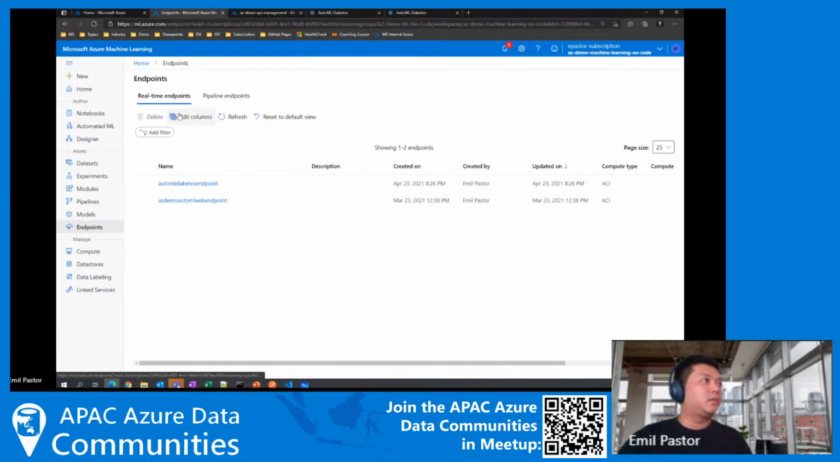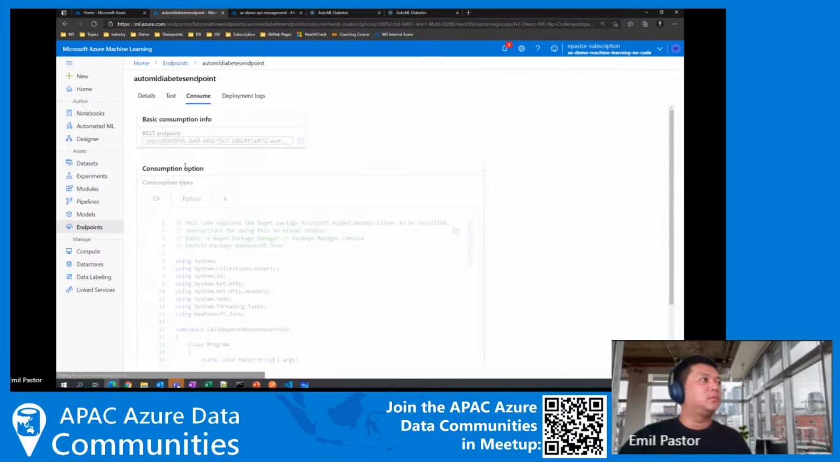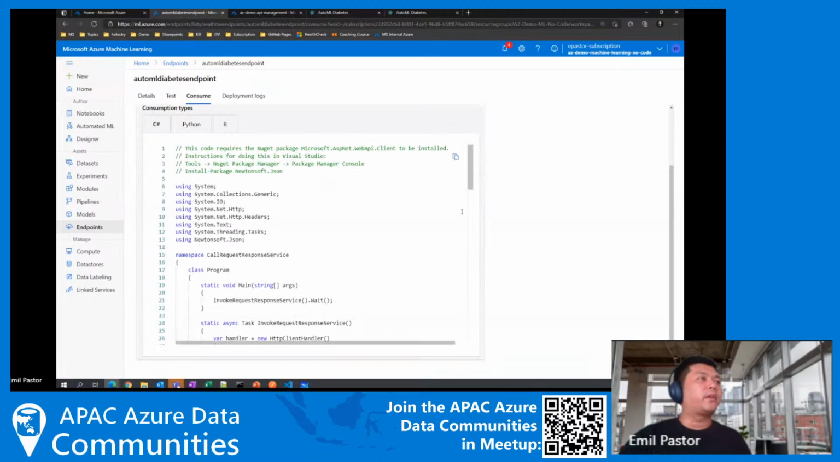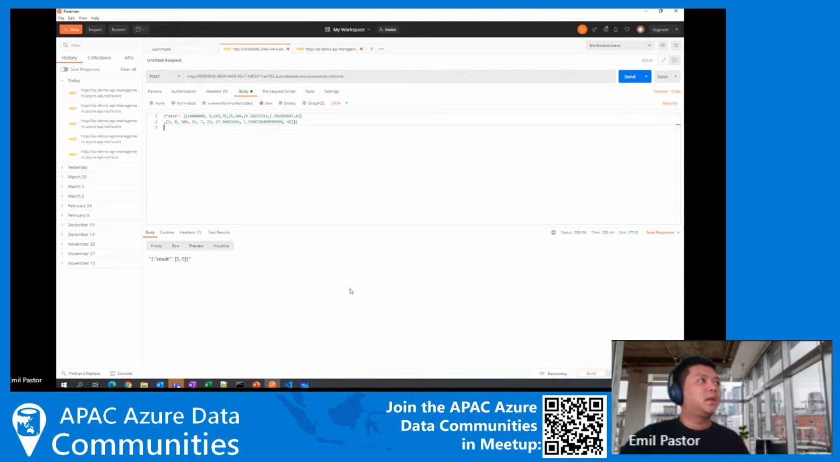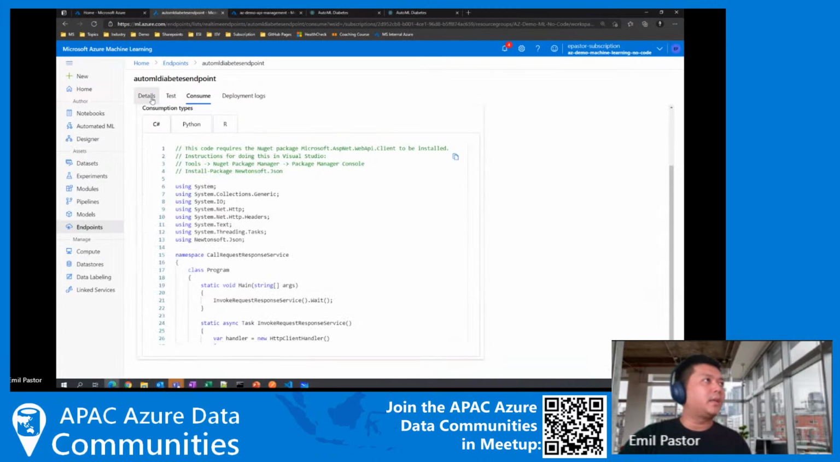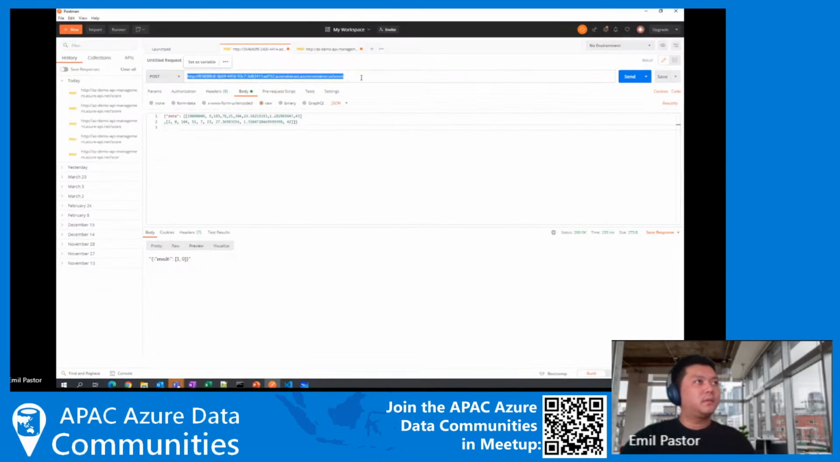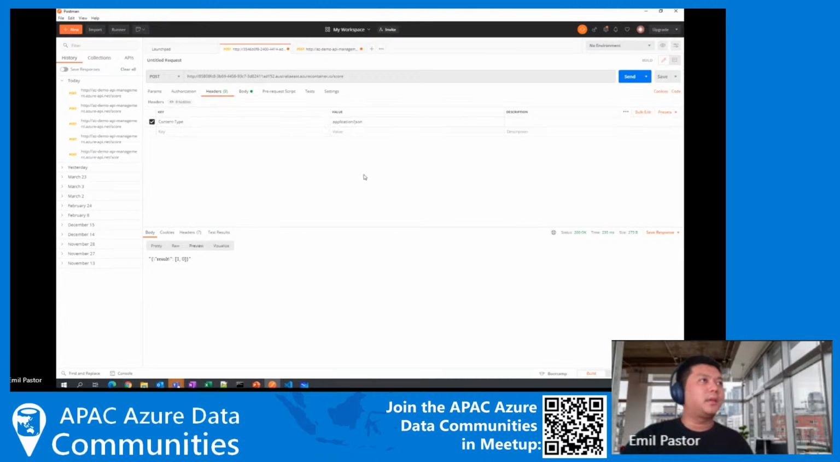But there are also other alternatives, so you can consume it via C# or even via R, depending on where you want to build your application. Or if you're familiar with Postman, this is where you submit, get, post a RESTful request to an API. You can also use that to trial this API. So you just copy the REST endpoint, paste it here, then put in the header. Content type is